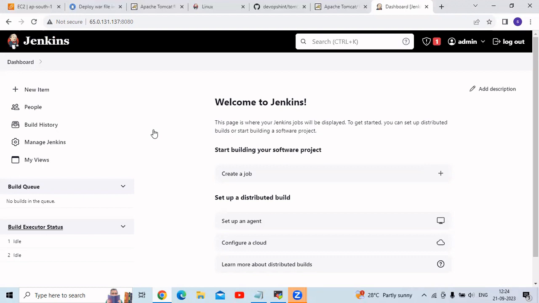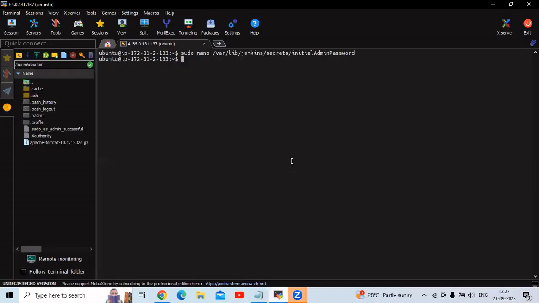Now the next step is we need to install Git and Maven, right? So make sure you have installed Git and Maven. So let's install Git and Maven on our terminal. So go to the terminal. Here, if I run the mvn version command,